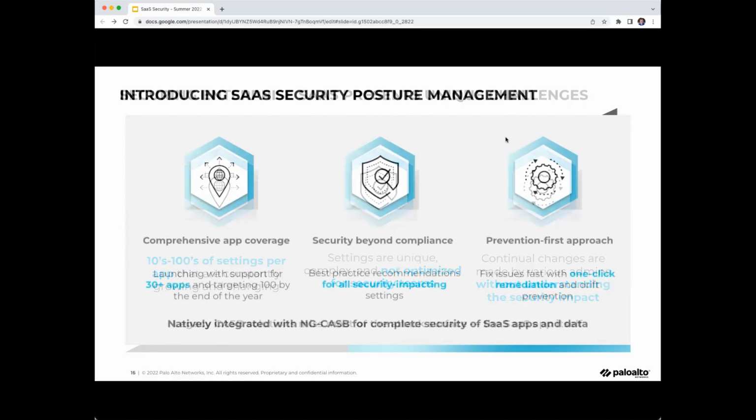So excited to share with you all our new SSPM product, just launched at the end of August. A few key things that I want to call out with SSPM make us different, and why we believe this will be a differentiating capability as part of our CASB solution. The first one is app coverage. We've launched with over 30 apps, and our plan is to get to 100 apps by the